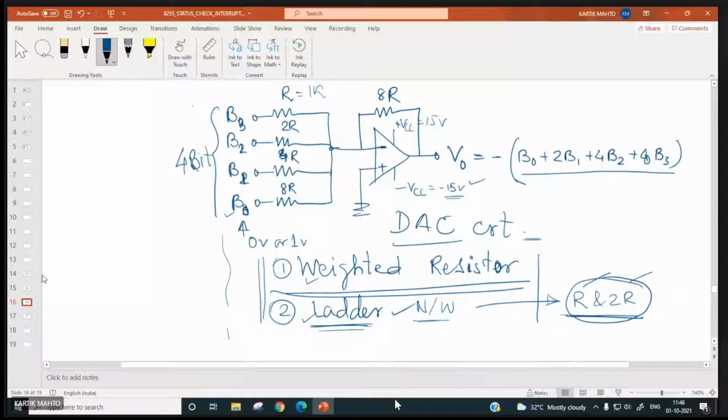Yes. If it is at different time, then definitely we will be requiring the handshake. Okay. If it is not, then